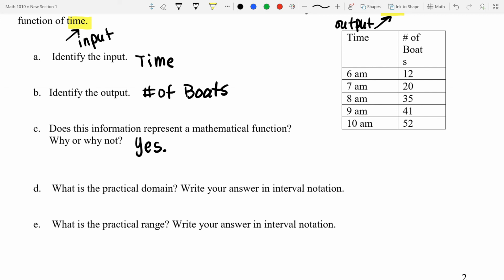Yeah. Okay, everybody do this. Underneath there, I want you to write 6 a.m. and then I want you to put 20. And then I want you to think about that. Would they ever report another 6 a.m. for a different number of boats? Talk to me about that. No, that would be silly, right? It's either 12 or it's 20, but it's not both. How many were there? Not two different numbers right at 6 a.m., okay? So I want you to write that down, and then I want you to